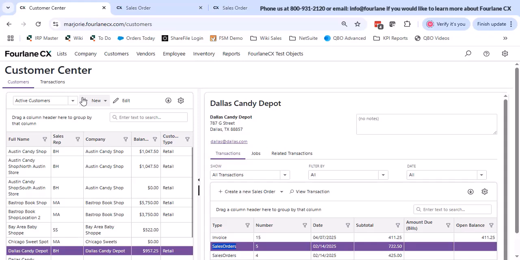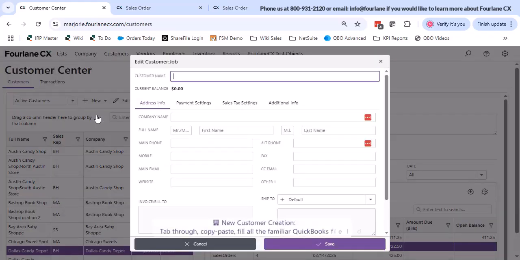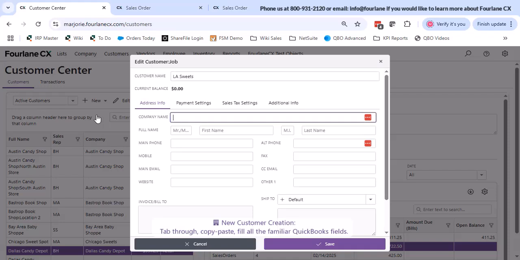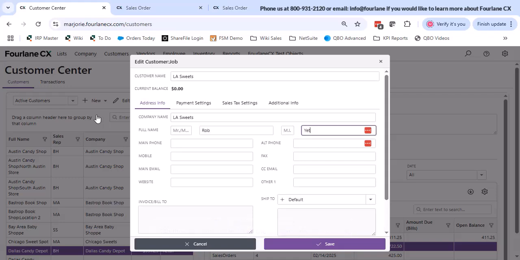Okay, I can come in here and create a new customer or a new job. I'm going to go ahead and create a new customer. When I do that, I can put in the customer name. So this is a candy store that we have been working through. So I'm going to say LA Sweets is the company name. And you can see I can tab, right, just like I can in desktop, copy and paste, and it's going to be Rob Yeti. And the phone number is 888-555, right, whoops. I can put in mobile phone numbers, tab through the additional fields, just the same as you guys are used to seeing,